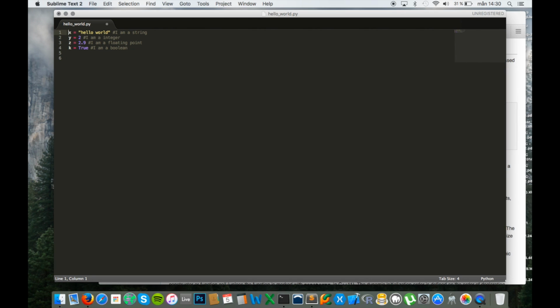Alright, so these are my 4 main types of data. We have the string, which can be hello world, how are you? It can just be anything. Question marks, but you can't have these Swedish signs, but yeah, whatever. But yeah, it's just words basically. You can also write a number like that, but it won't be able to interpret that as a number.